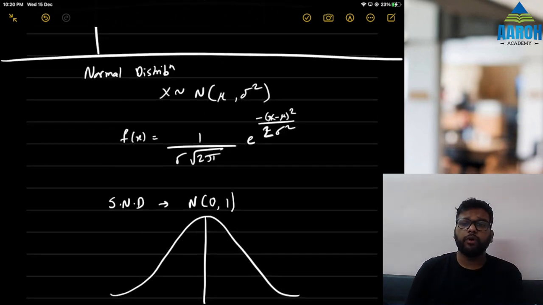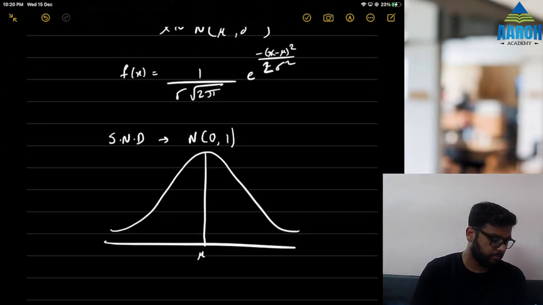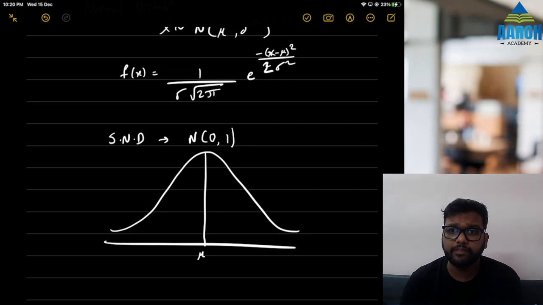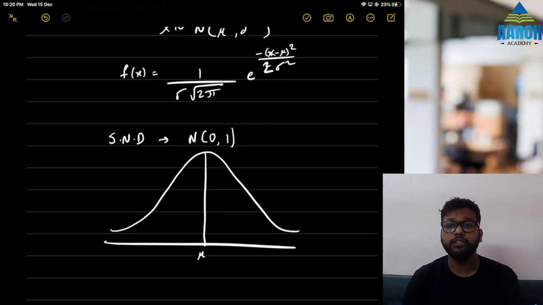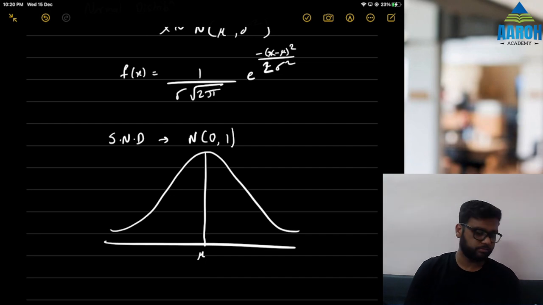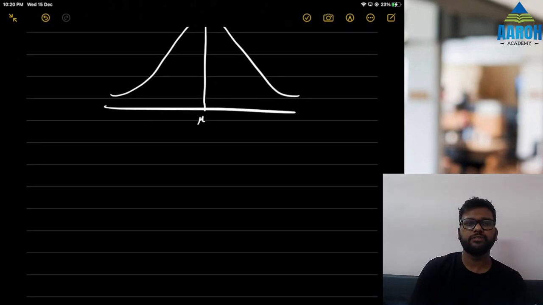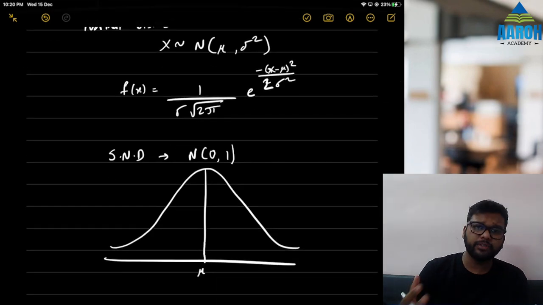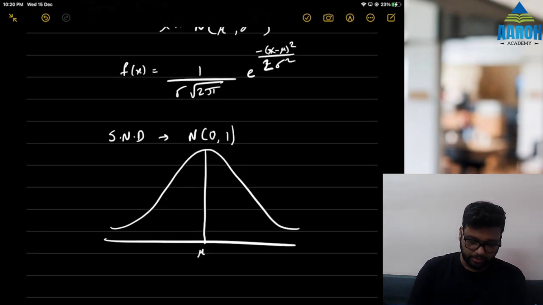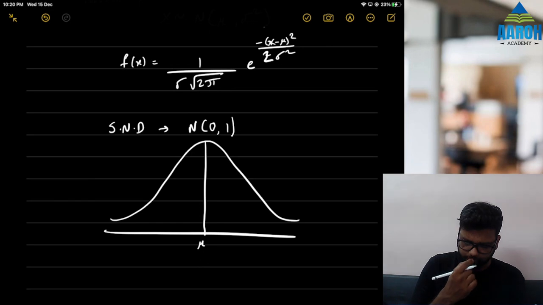If we want to calculate probabilities of the normal distribution, then we have to go to the standard normal distribution table. We cannot just do it from calculations. So we will not go into the table right now. I hope you have studied it. Right now there is no point in revising that table. Generally in the exam they give the values.